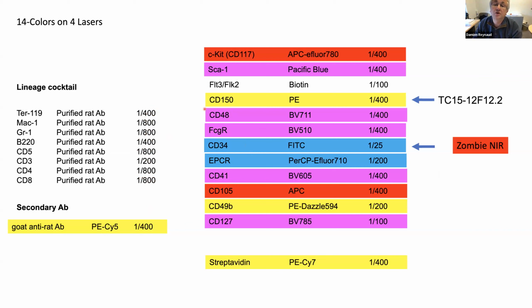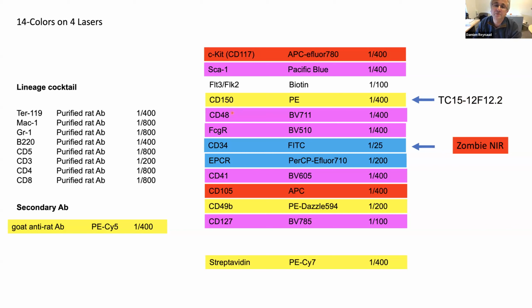I would also like to indicate that it's important that you look at the clone for each antibody. For example, for CD150, we use this particular clone. I know that on the market there is another clone, but it's not giving exactly the same type of staining. So I would be cautious on that and at least be consistent with the type of antibody that you use,